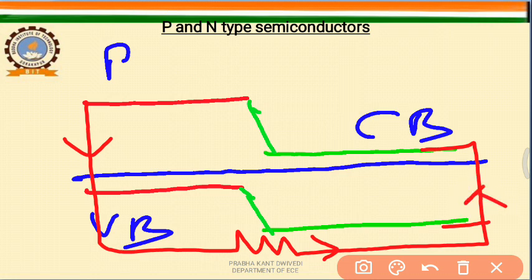For further use, these charges can be collected in a storage system of the voltage, and they can be used anytime. So in this way, this PN junction can receive solar energy and convert it into electrical energy directly. This is the band gap theory of the PN junction, as shown in the next slide.